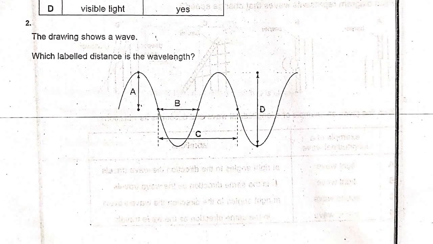Let's see question number 2. The diagram shows a wave. Which labeled distance is the wavelength? We have to identify the wavelength in this diagram. So option A represents the amplitude, and option C